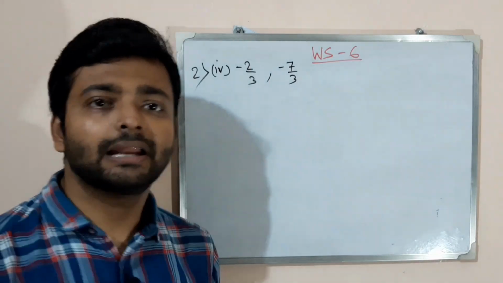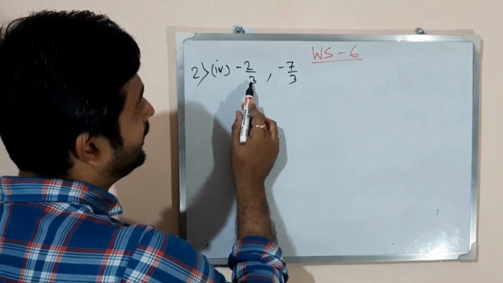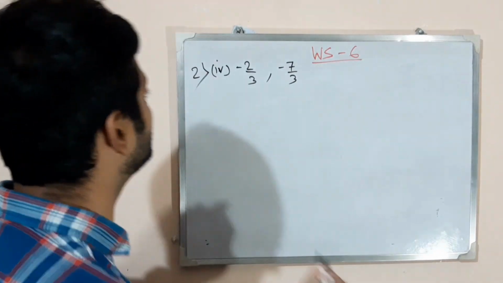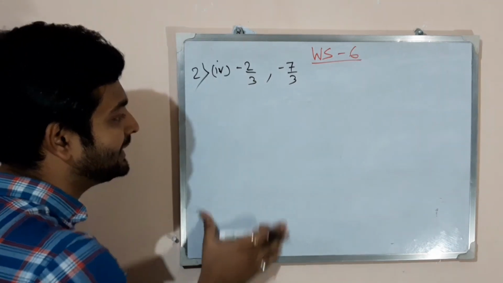This is also a rational number which is lying between these two rational numbers. Okay, students, again you can see there are two rational numbers given. You have to find one rational number. So what to do? Simple, that method you can do it.